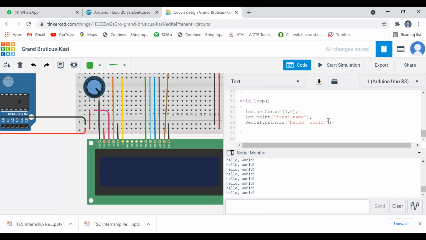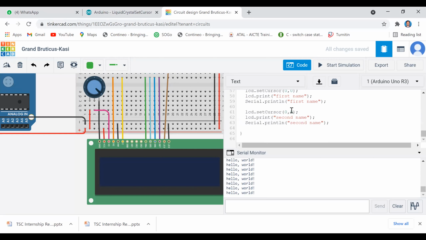Just for namesake I'm writing here. After completing my first name, I want to put my last name in the second row. So I can replace here, instead of first, I can mention second. Whatever second name you want to put, you can put it here.